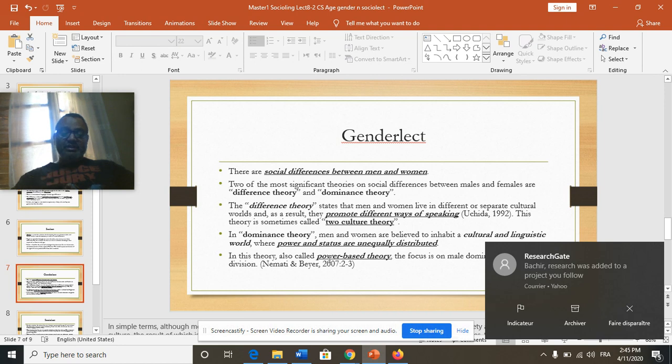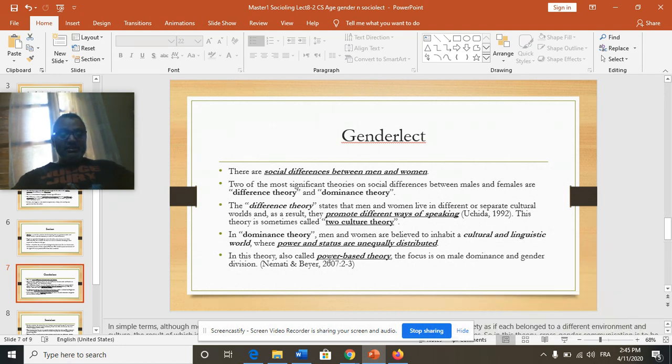And here we have two theories which are very important: the difference theory and the dominance theory. The difference theory is that men and women are different automatically, so societies treat them in a different manner, and